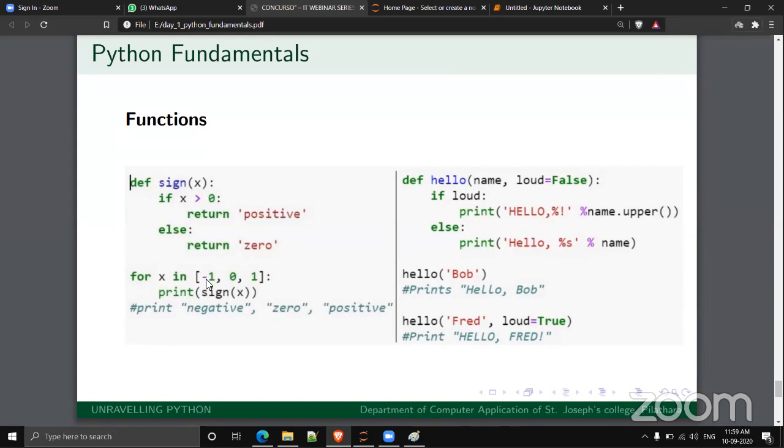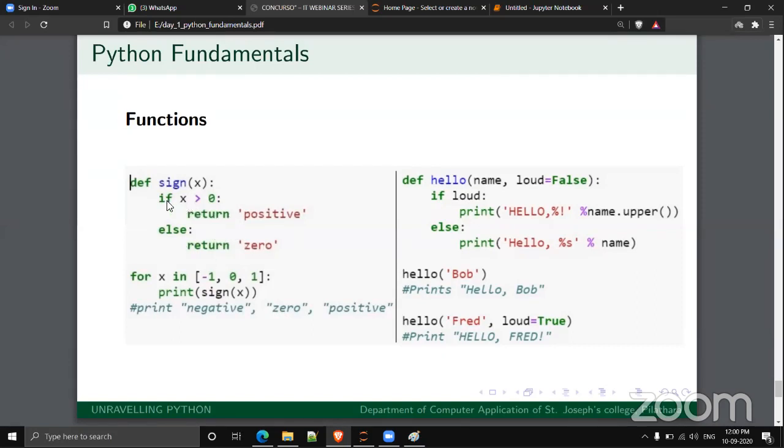This function is simply used to check whether a given number is negative, positive, or 0. On getting an argument, I'm checking that if x greater than 0, return positive. And one more condition, elif x less than 0, return negative, else return 0. There is a mistake in this slide.